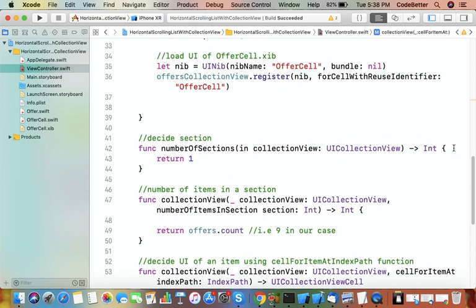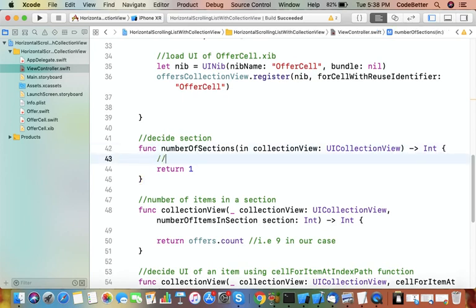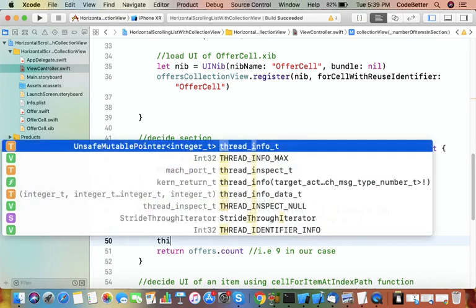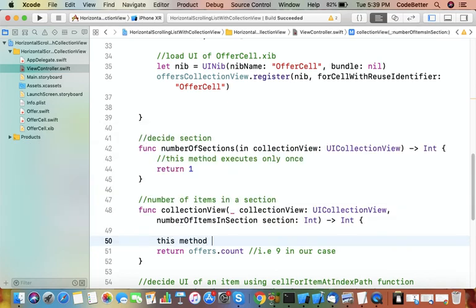Now let me make it clear again. This method executes only once, and this method executes for every section.